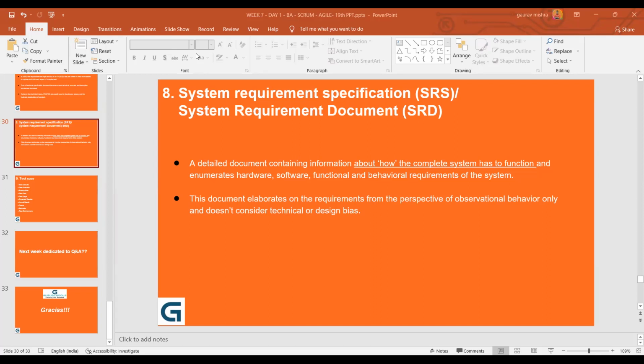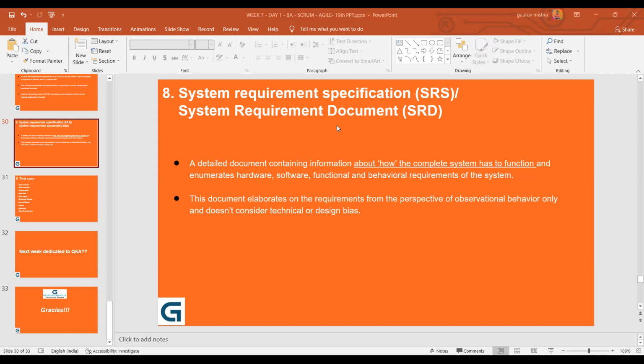Can I add something over here? Please, Gaurav, please. So understand this. As initially we have spoken, BRD is high level, where the software is also mentioned. This SRS or SRD document is also sometimes referred to as the software requirement document. So if I use this term, then the business requirement document, BRD, is more towards business. The SRS or SRD document is more towards the software requirement. So here in SRD, you take the liberty to specify and detail all the requirements of this